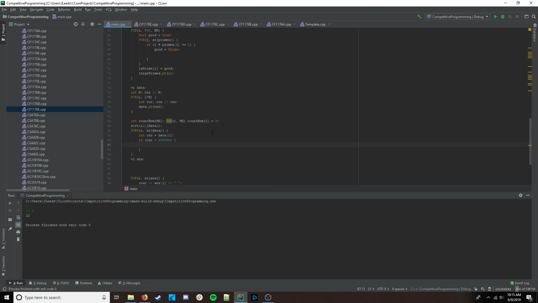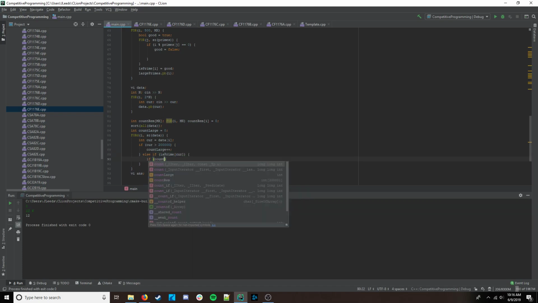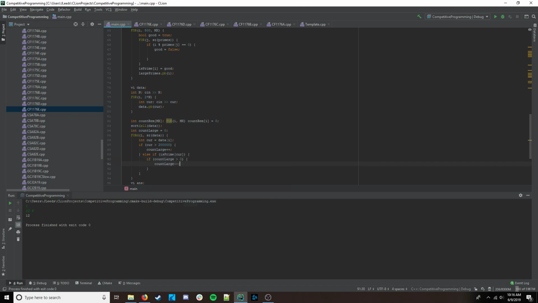Then this has to be a large prime, so I'm just going to have a count large equals 0, count large plus plus, else if is prime cur. If we have a large prime, then this cancels it out, so we just do count large minus minus, and otherwise